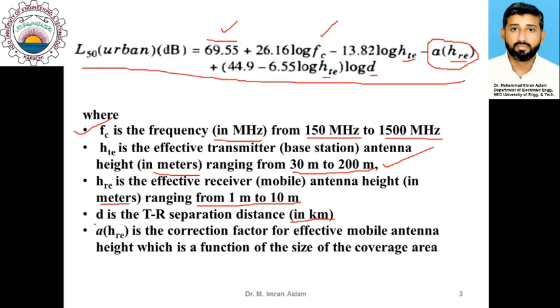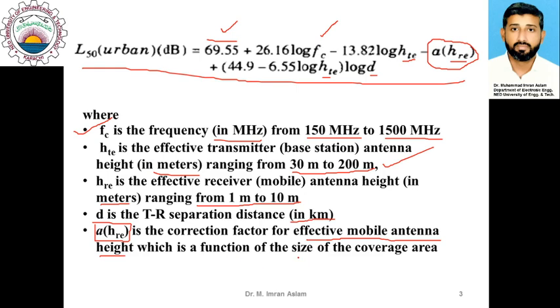A of HRE. This A is actually a correction factor. Like if you recall, in the Okumura model we use a correction factor and represent that by G. In the Hata model, the correction factor is represented by A. So A(HRE) is actually a correction factor which is based on the effective mobile antenna height,